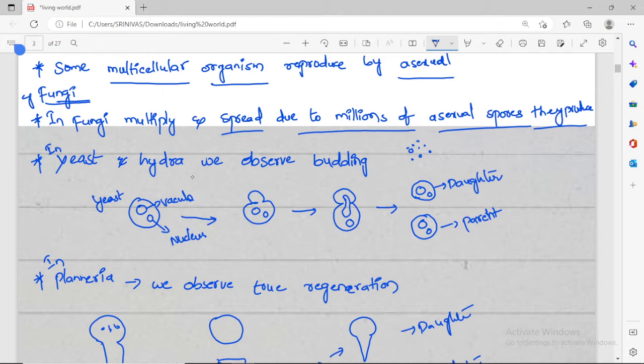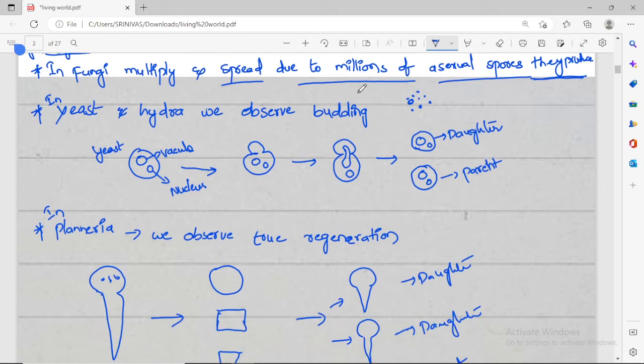It spreads millions of spores. These spores, after some days, can produce new fungi. The spores give new fungi. So in fungi, what happened? It spreads millions of asexual spores that they produce. Okay, understood? Next,